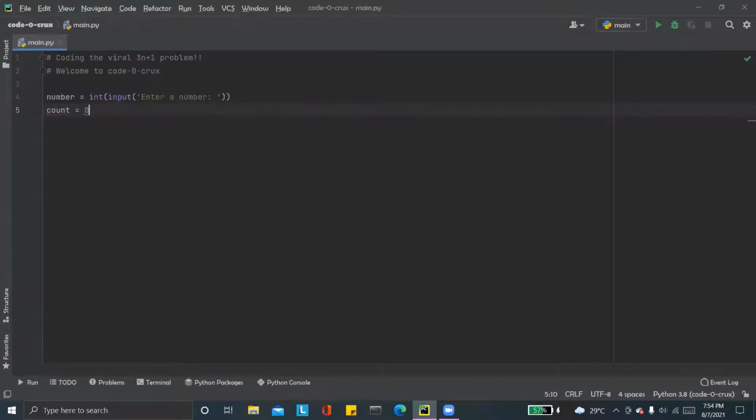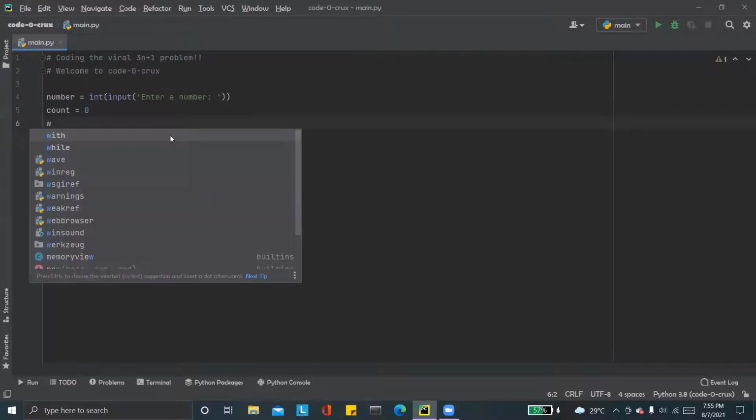So what is the significance of this variable count? Count would actually count the number of steps taken from our original number to take us back to 1. That was the last number of this loop, because after 1 we know it goes to 4, 2, 1. So that loop continues. We will be ignoring that part because we don't want it to loop. We just want to end it at 1. So the number of steps we would be counting with the variable count, which is initially declared to be 0.